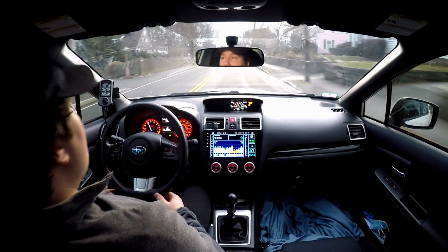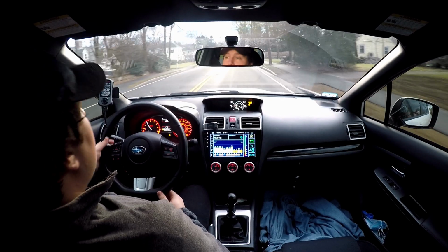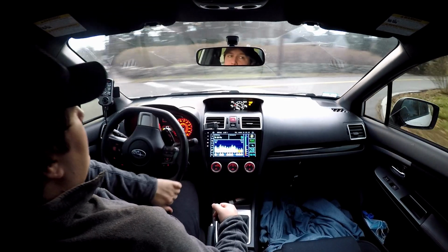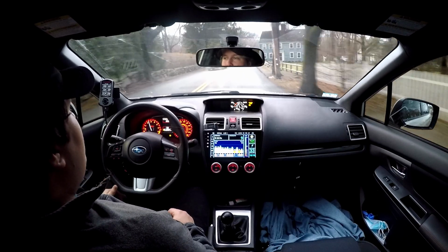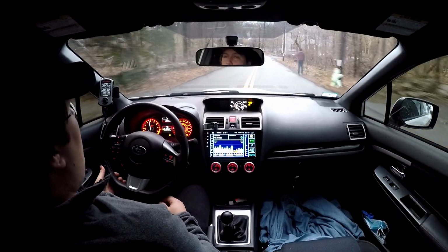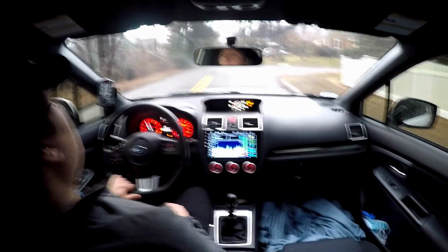And for everybody that's asked, what's the continuous thing that you hate about your WRX? I think it's just the upward potential. Would I buy the WRX again? Yes, without a doubt. Will I have a WRX in my life again? 100%. Will I have at least one WRX in my life, probably for the time being? Yeah, definitely. Am I going to buy this generation WRX again when I'm older and I've got different cars? Probably. So I love the car, but I'm just saying that when you guys ask what do you hate most about it,